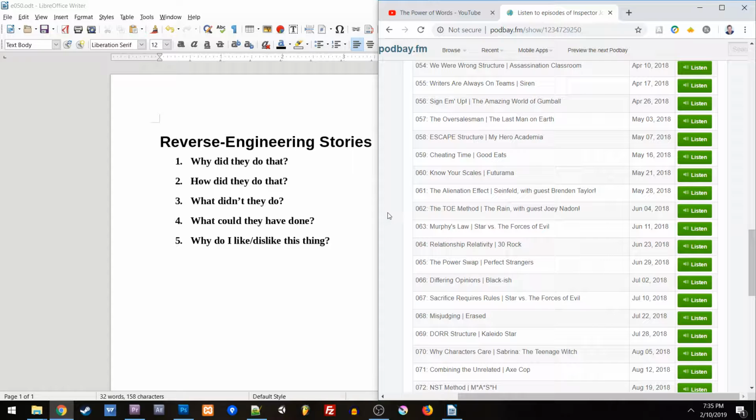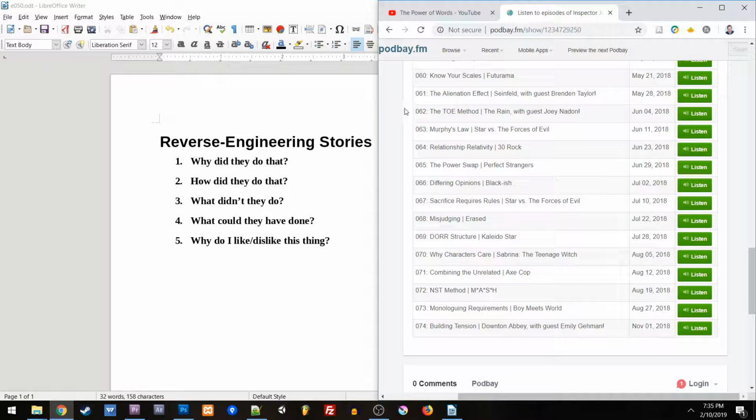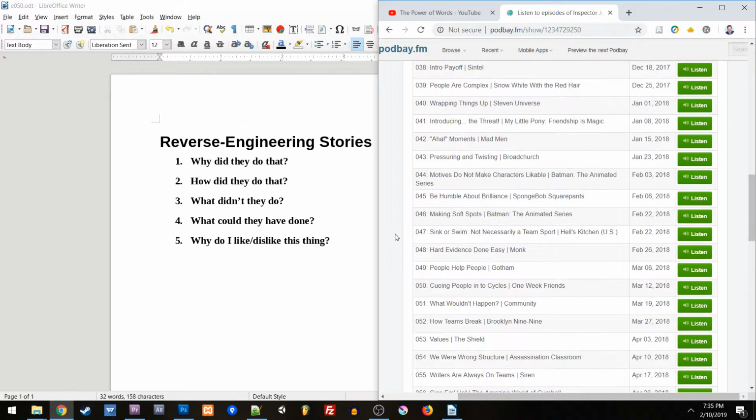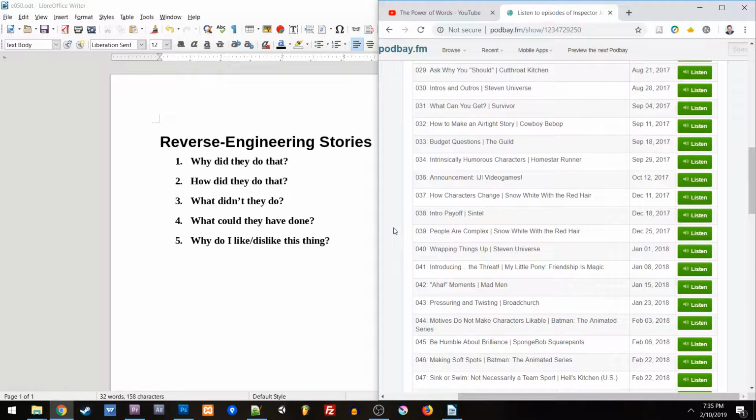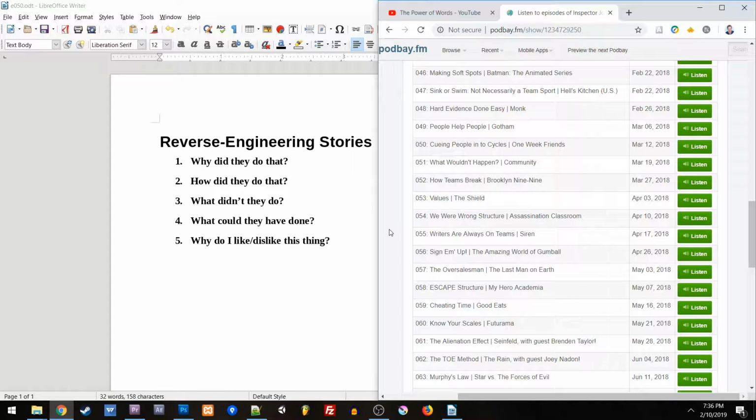Structures, methods, techniques. For example, there's a TOE method, which I looked at with The Rain with Joey Naden. There's the power swap, which I looked at with Perfect Strangers. The NST method from MASH. They were developing aha moments in Mad Men. There's the We Were Wrong structure from Assassination Classroom. There's a lot of different cool techniques that I get into, but how do we draw those out